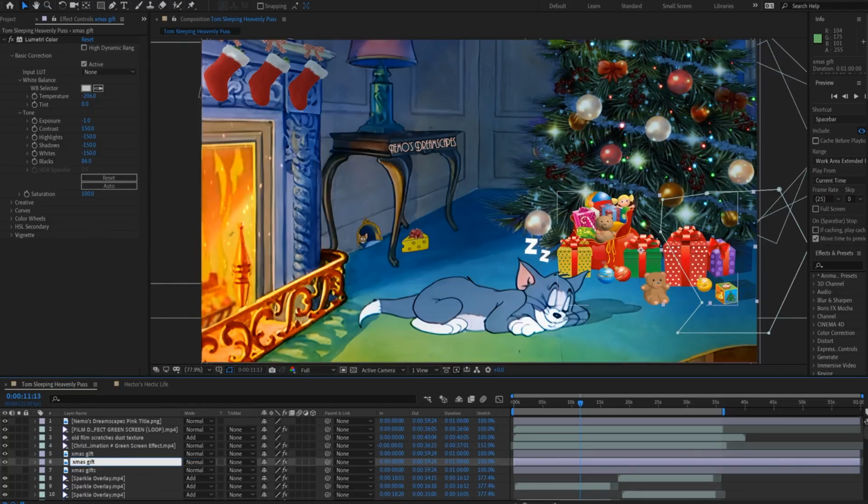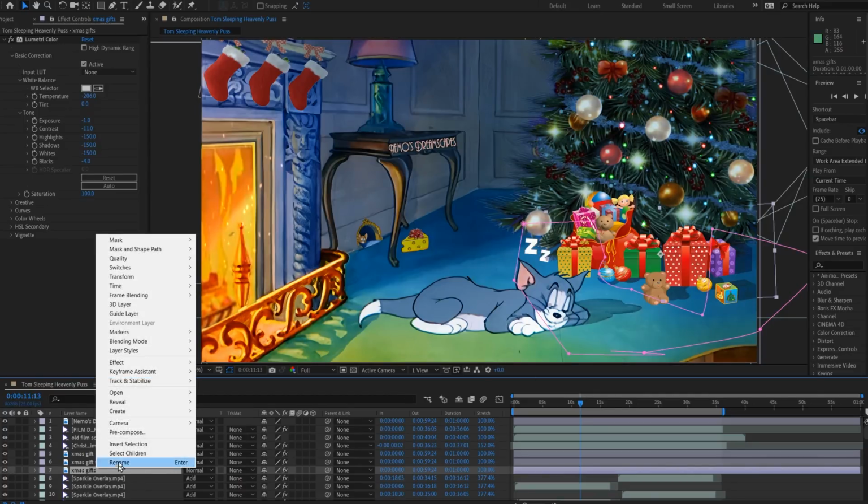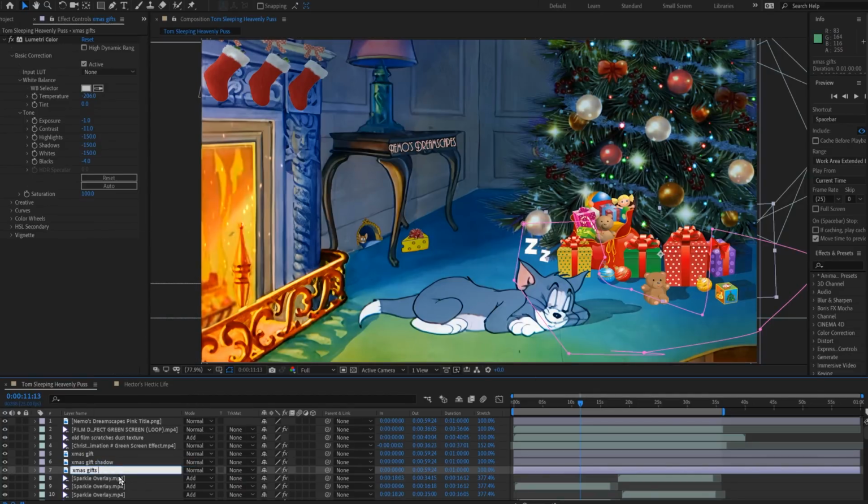Let me see here, shadow. And the shadow on the right, you can see that it's a bit darker than the shadow that Tom has. Also, this I made a bit lighter because when the shadow is closer to the light, it is a lighter shadow than this one that is much darker. I guess you have to see it